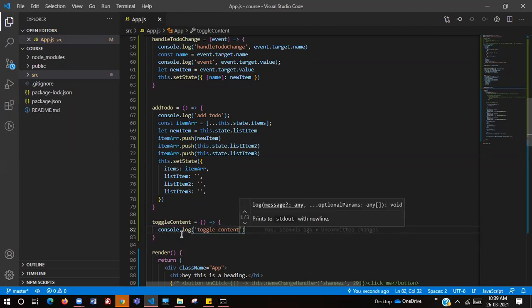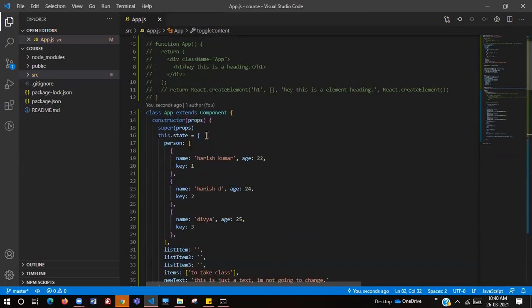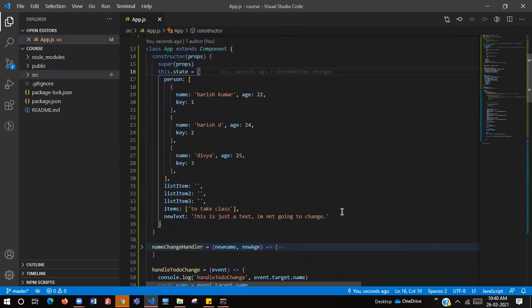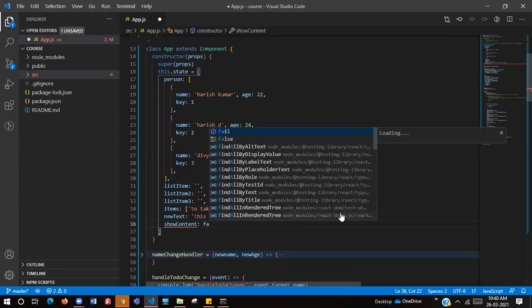Now what do we need to do? We take a new state variable in this.state, showContent, and we take it as true or false.